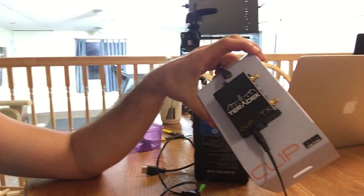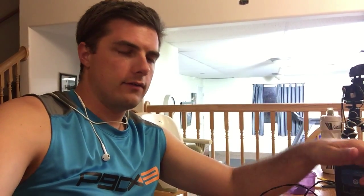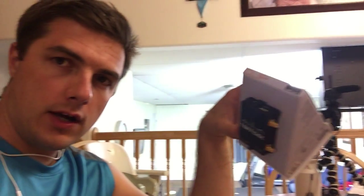It has not as many features, but it's tiny, which is nice. They made it, I think, with drones in mind. They want to be able to have these go up on drones. The problems I'm running into are initially because on the website it has it sitting on top of a DSLR,